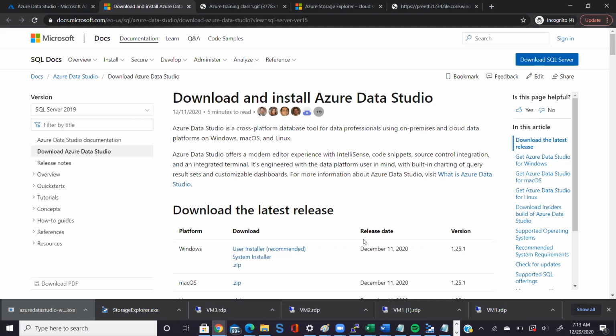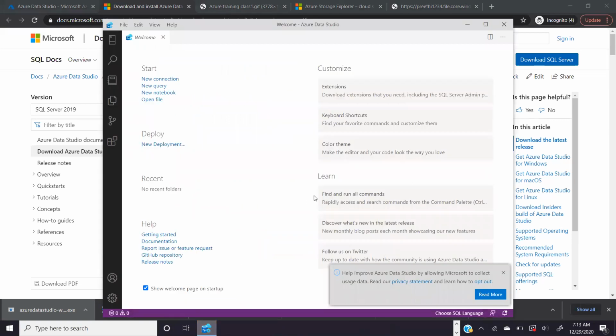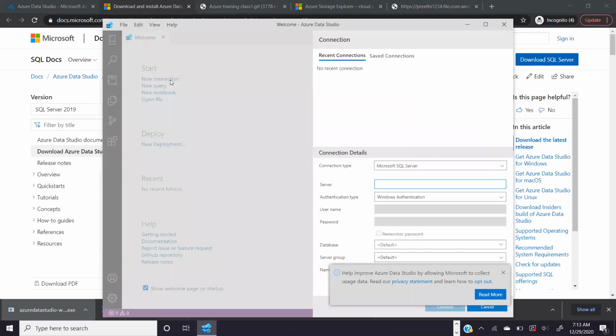I think it is prompting. Okay. So here you get an option called new connection, right? Just hit new connection. Now it is asking what you want to connect to.